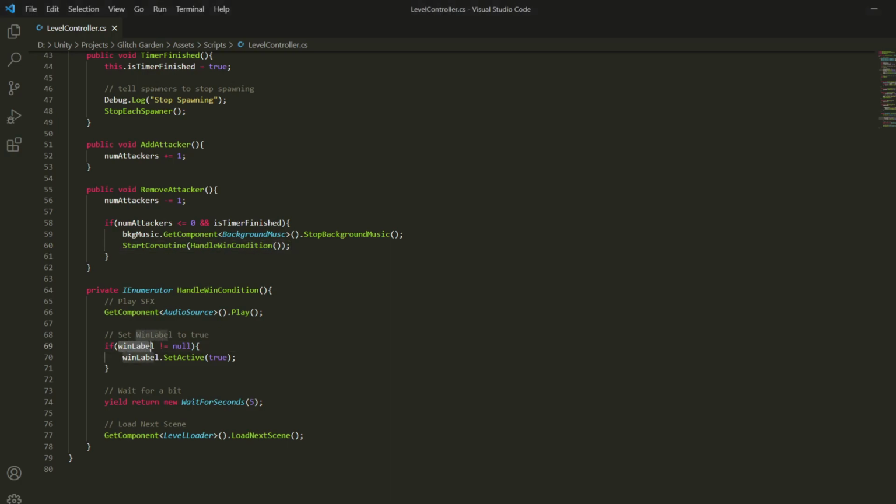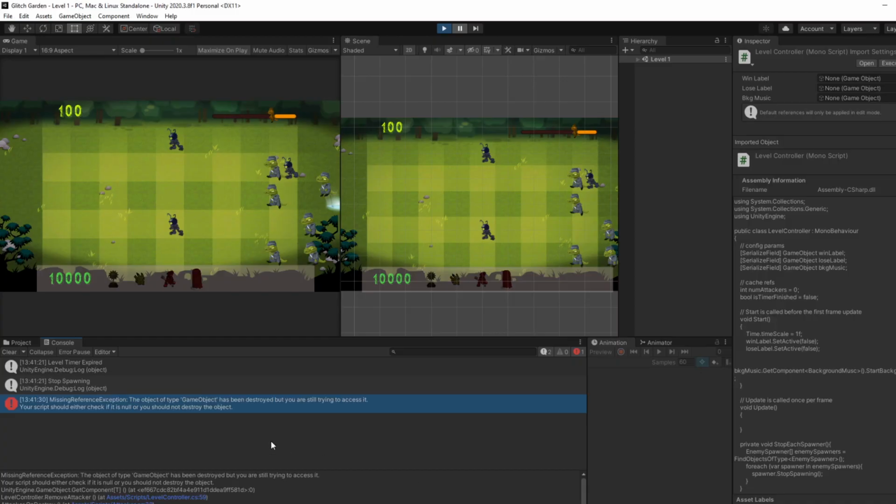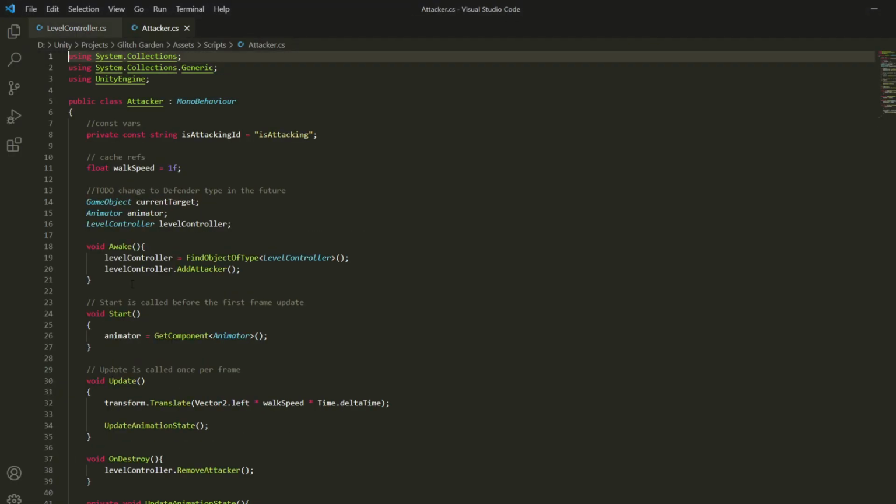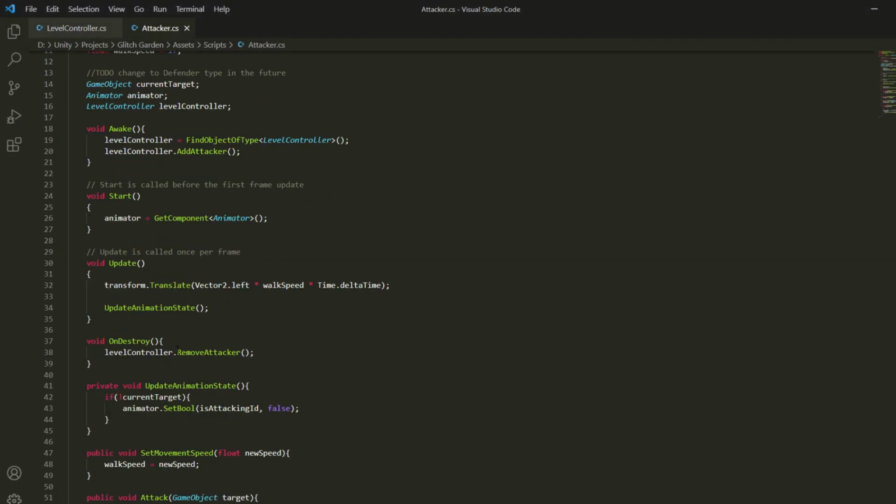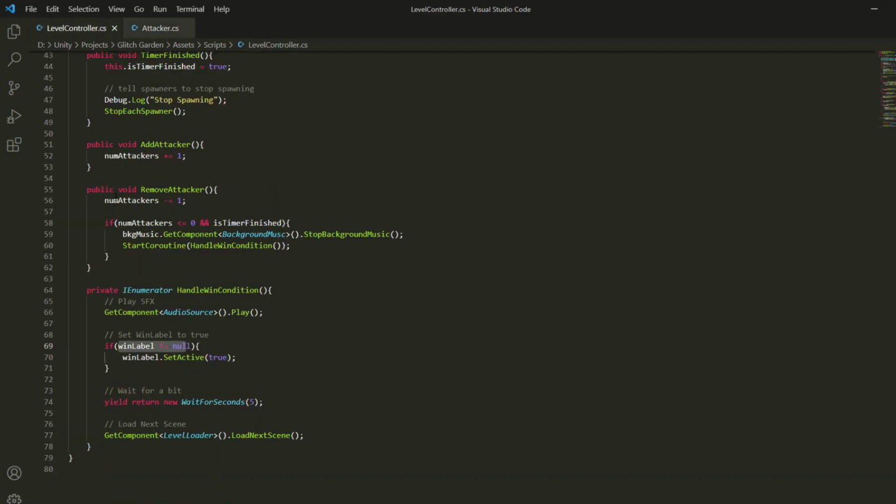So if we have one label and then we check that it's not null, then we set true, but which one is causing the null pointer exception? Or rather the missing reference exception. The object of type GameObject has been destroyed, but you're still trying to access it. Oh wait, we should look at the attacker script and look at line 38. RemoveAttacker. And then,